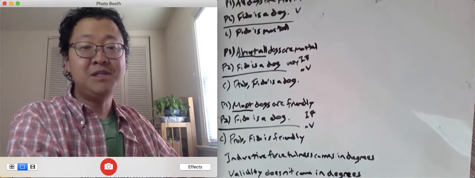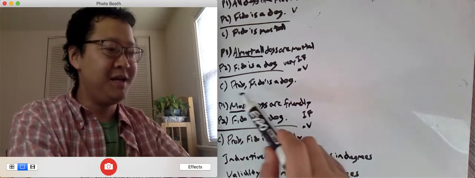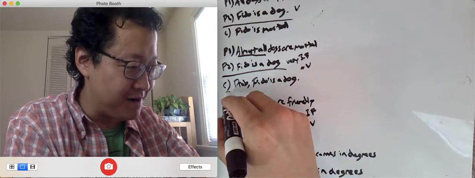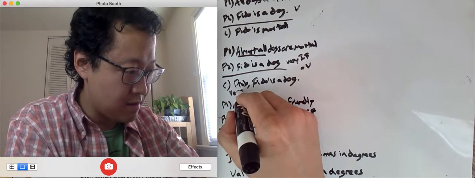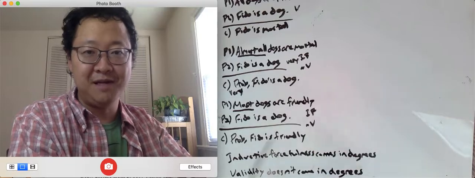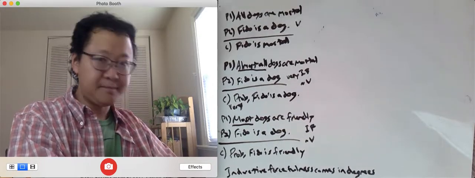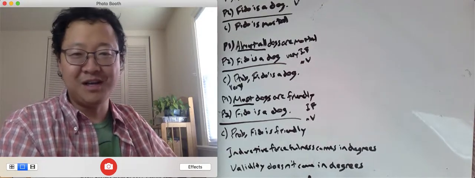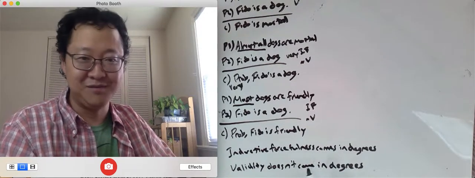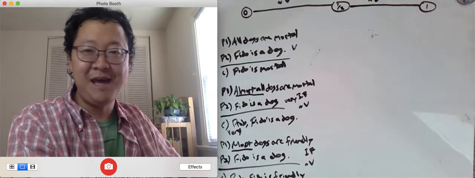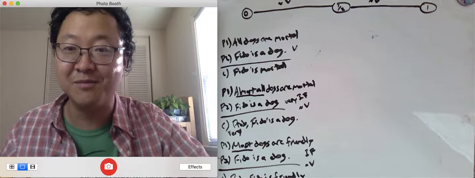Okay, so make sure you know this point and how different arguments can have different degrees of inductive forcefulness depending on how probable they make the conclusion. I mean, this we could probably add very probably. Very probably Fido is mortal for this, but you couldn't add that for this. Okay, and this sort of question you can imagine as a true-false question on the test, for example. Inductive forcefulness doesn't come in degrees, true or false. Okay, so with that, we'll dig in a little more in the next video.